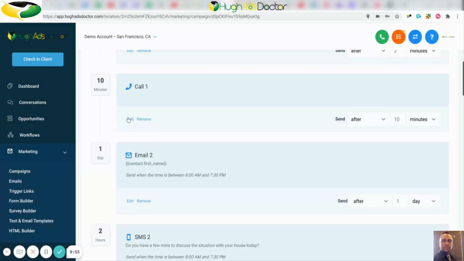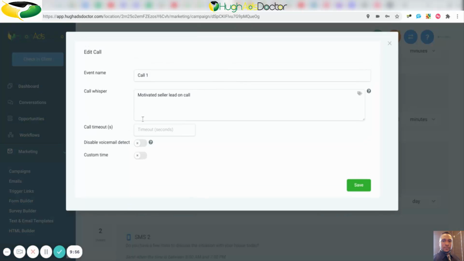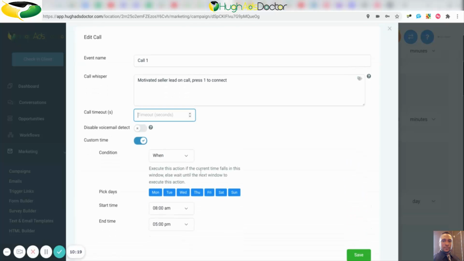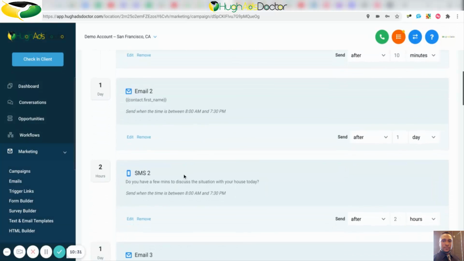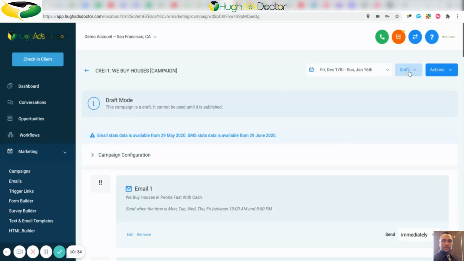But this one here, you can always edit it, a motivated seller lead on call. And I usually do this, press 1 to connect. And I can put a time frame that I want this to fire. I don't want it to fire outside of a time frame. I can do that too. Let's see here. So I don't want to call them on these times. I want to call them within this time frame. I can save that. Okay, so now I got that set up. Now you have to publish it